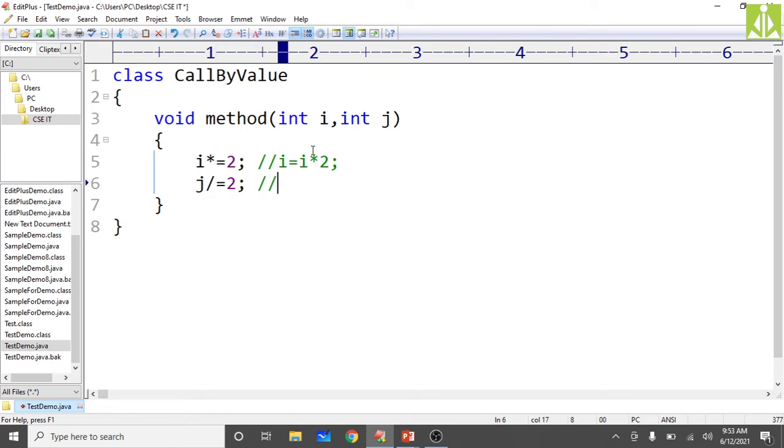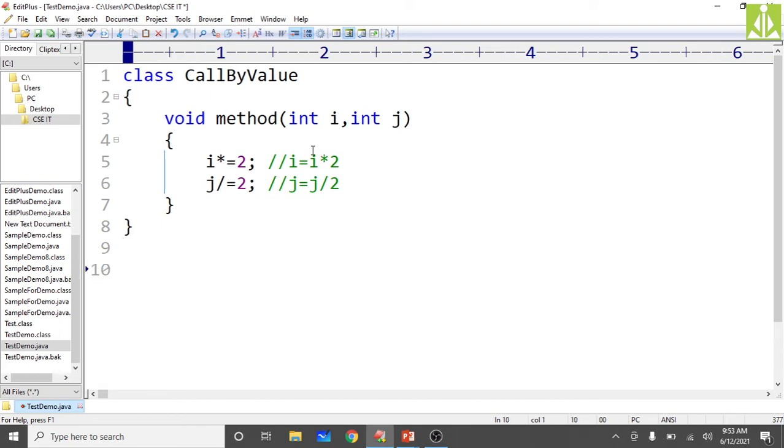So what does it mean? J equals j divided by 2, like this, isn't it? Now what I have to do, this is my call by value method. So now I have to call that method. Give the class name as TestDemo, because my program name is TestDemo, and under it